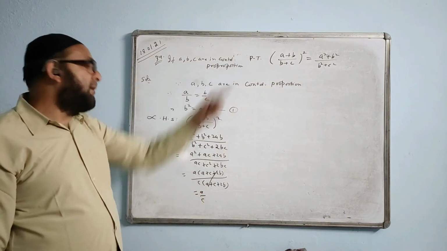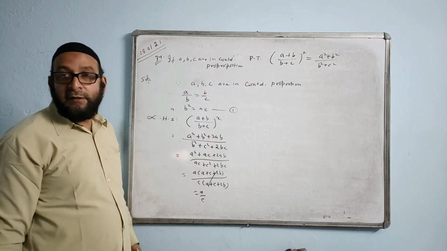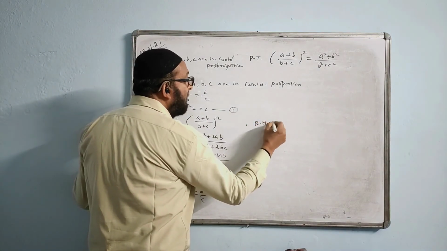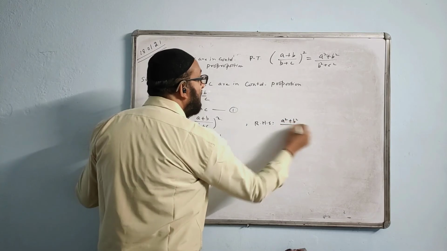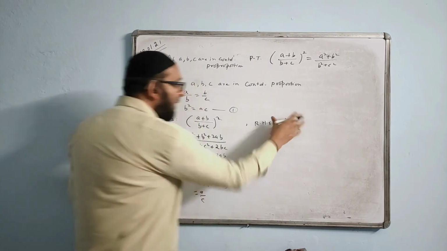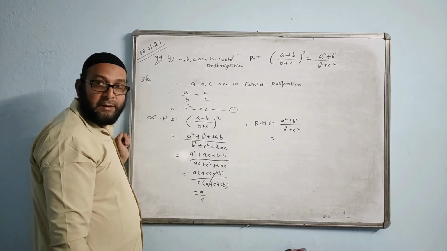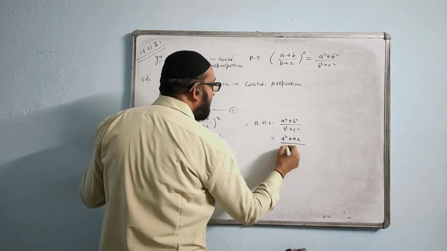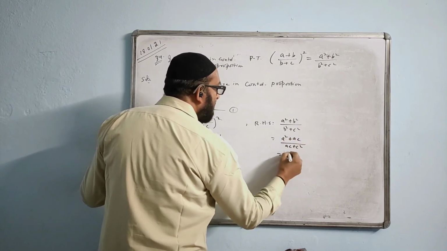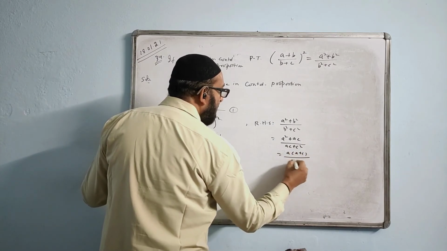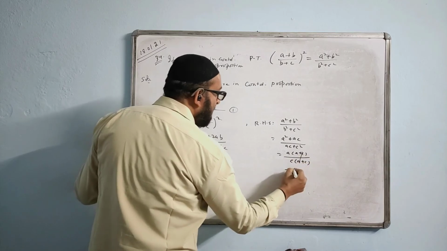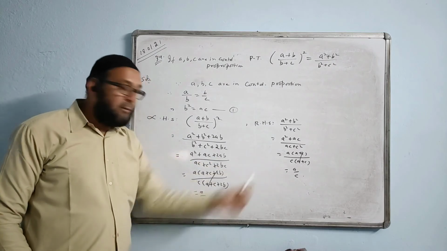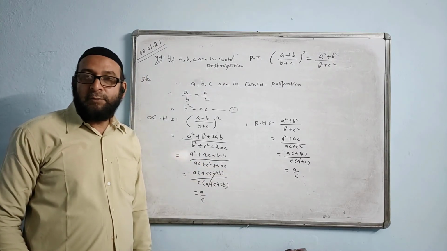Now we see the RHS side. In the RHS, because it is something different, not A by C, we will break the RHS also. What is the RHS? A square plus B square upon B square plus C square, and we show the answer must come the same after breaking the RHS. Keep A square as it is. Put the value of B square as AC. B square value is AC plus C square. Take common. A is common. Here it comes A plus C. Here it comes A plus C. Cancel. You get A by C. Same thing. Therefore LHS equals RHS. Then we write LHS is equal to RHS and hence proved.